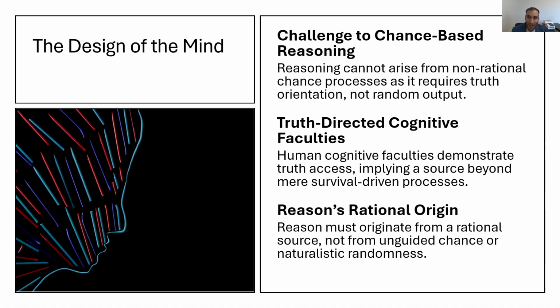Evolution does not aim at truth, or if it does, it only does so incidentally. Evolution aims at survival. It preserves traits that help a species survive, and it eliminates traits that do not. So under this view, our reasoning abilities evolved not to know what is true, but to help us stay alive.